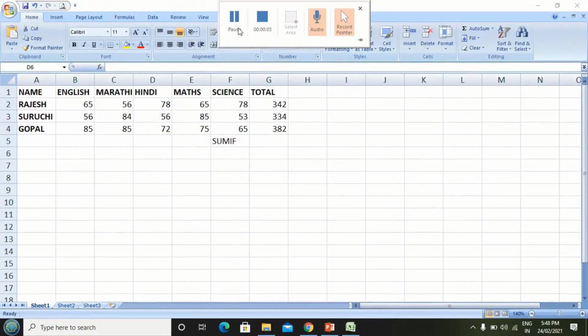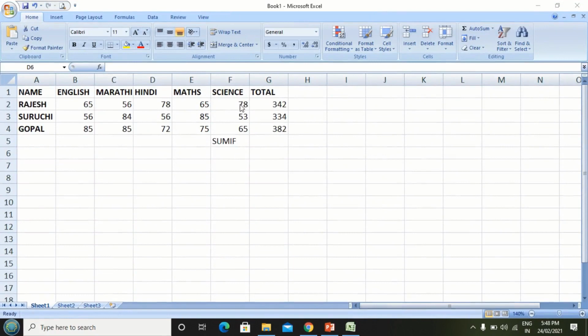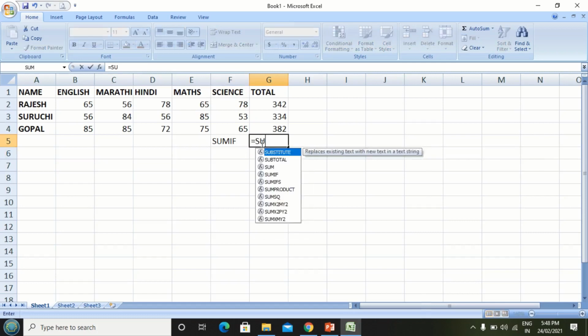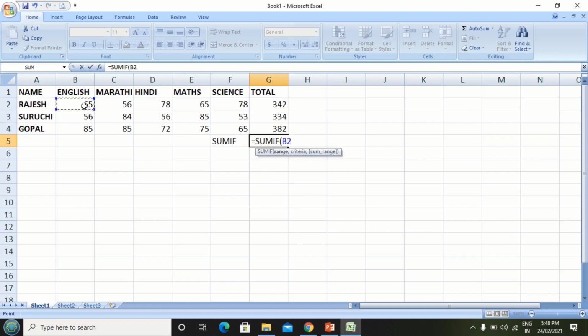Let's see the SUMIF function for this example. Here I have typed SUMIF. In the very next cell I will type the SUMIF function: equal to SUMIF, press the tab key, give the first argument which is the range of cells, select the range. Here I am selecting the range from B2 to F4,